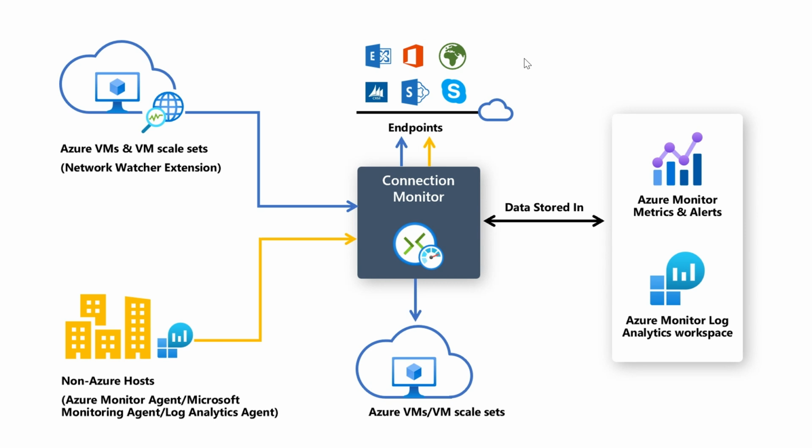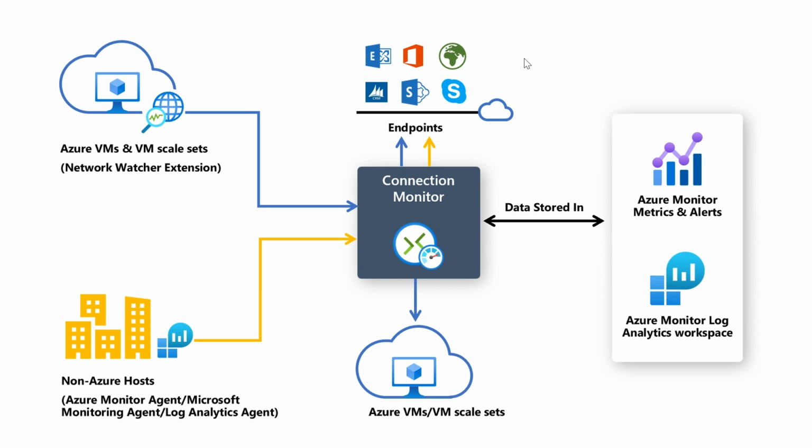You can configure the endpoint, and even if it is an Azure resource, you can go and select the resource in the drop down. Like you can directly go and select the Azure virtual machine and such things. So the endpoints will be added onto this connection monitor to find out where exactly the problem is, where exactly the latency is, where exactly the drop is happening. So in order to get this